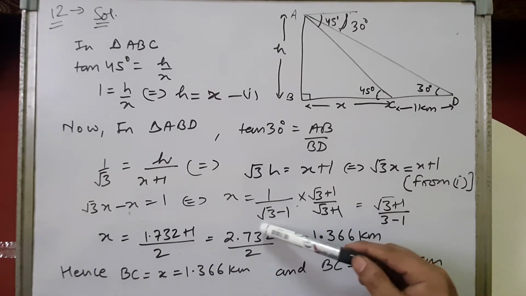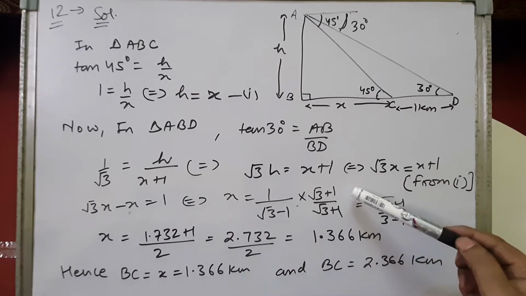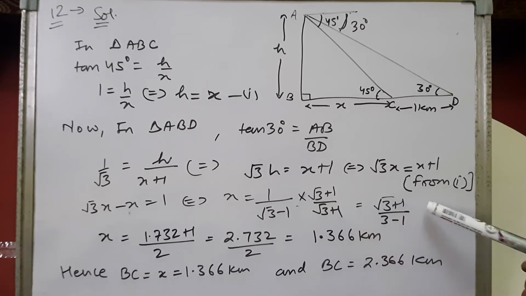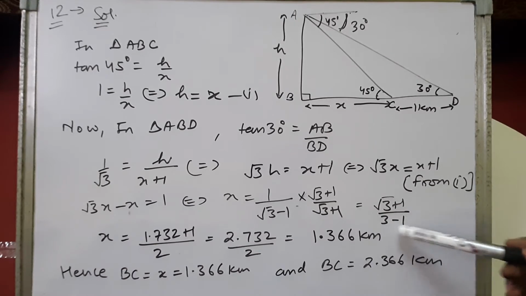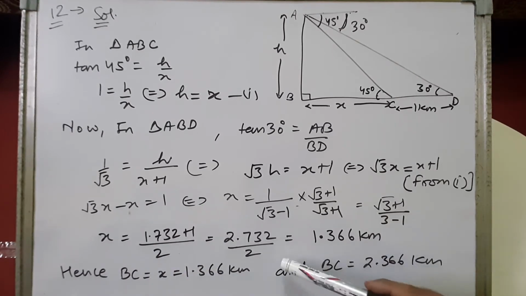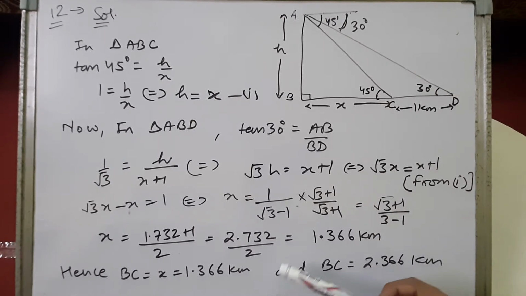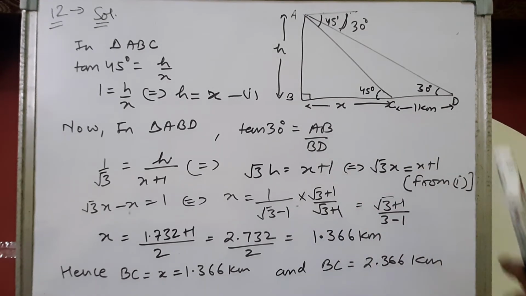Now we are getting a square root in the denominator. We rationalize the denominator by multiplying with the conjugate. So we multiply by root 3 plus 1 upon root 3 plus 1. We get root 3 plus 1 in the numerator and 3 minus 1 in the denominator, which is 2. The value of root 3 is 1.732, plus 1 upon 2, it will be 2.732. When divided by 2, we get 1.366 kilometers. Hence the distance of the first kilometer stone from the foot of the hill is 1.366 kilometers. Therefore, the length BD will be 2.366 kilometers. Alright children, please note down.